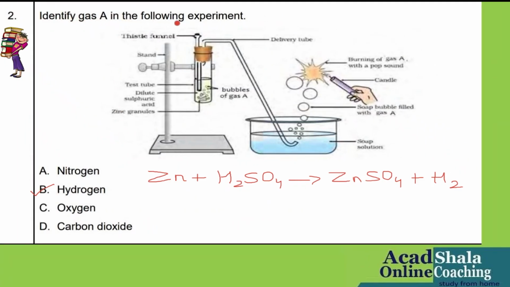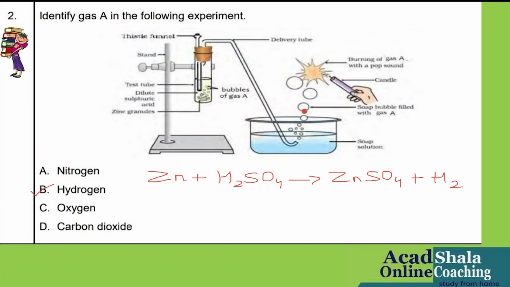Identify gas A in the following experiment. Now they have given you the experiment. That means again, see children, the diagram is there. I told you diagrams are very important. You will never miss any of the diagrams from your science book. So now they have shown you the diagram and they are asking to identify gas A in the